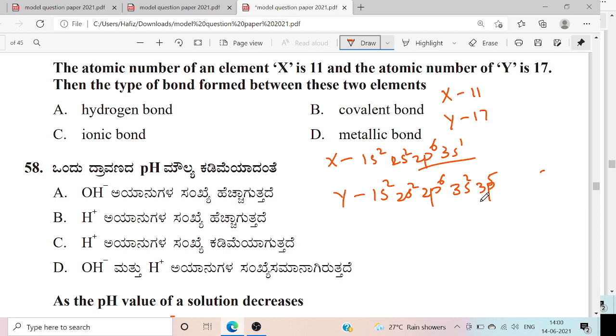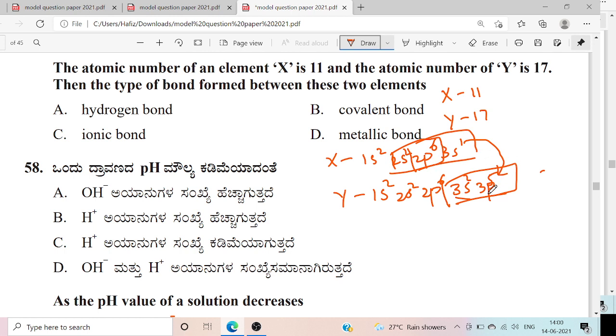Hope you all know why reactions occur. One of the reasons is to attain stability, that is the octet structure. See here, to attain the octet structure, for Y how many electrons are needed? It is 1. 7 are there, 1 more is needed. Here for X, if it loses one electron, it attains the octet structure, you can see here 6 plus 2, 8. So this electron it loses to Y, and by that both will develop the octet structure.